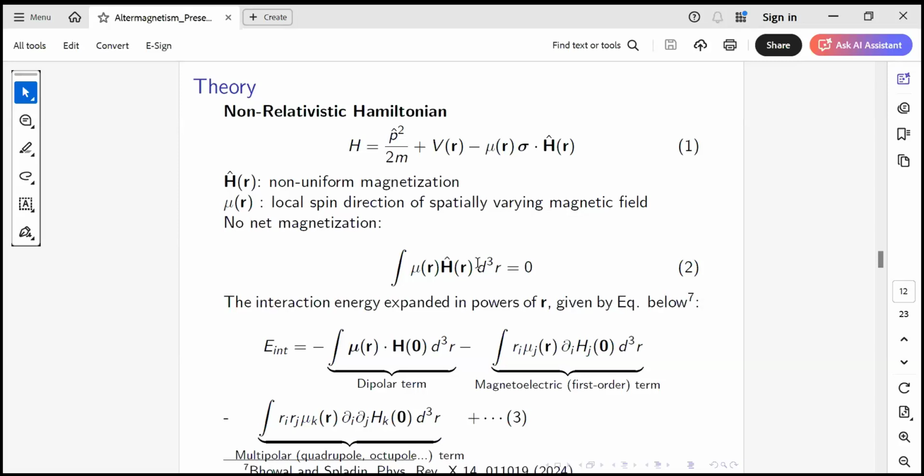But the core of this work is how do we understand the splitting of the bands? That is very crucial. Generally, if you go to your basic physics, the band splitting comes from the Zeeman effect. When you apply the magnetic field, there will be a splitting. From the experimental point of view, what we see in this picture, we will directly blame the Zeeman effect for the splitting of the bands.